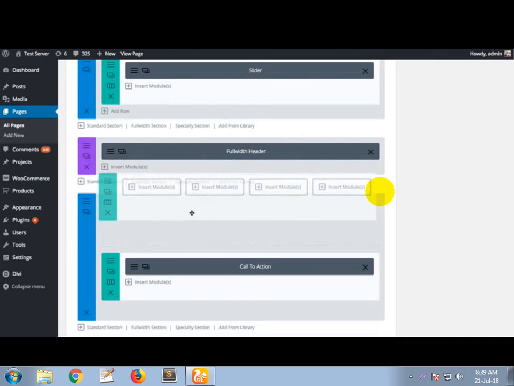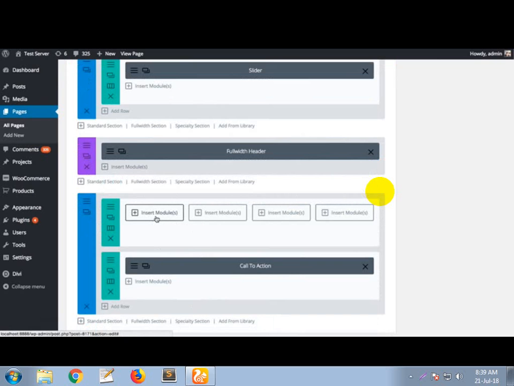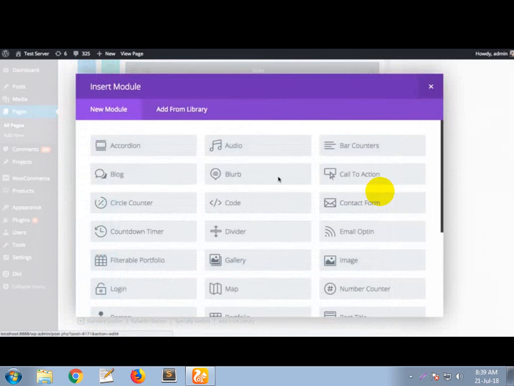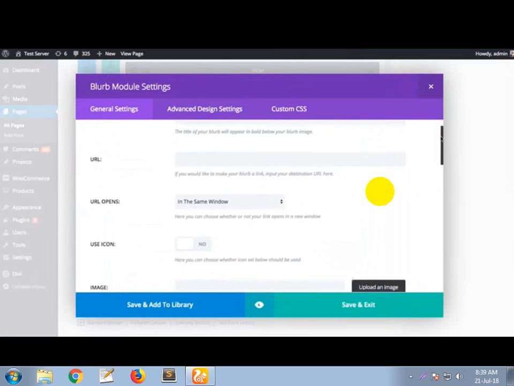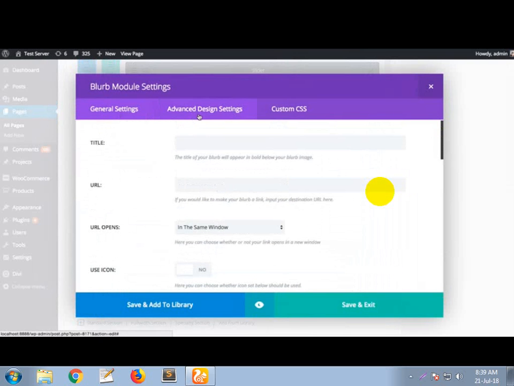I'm going to drag this row up, and I'm going to click the Insert Modules button here to insert my first blurb. So I'm going to locate the blurb module, and this will open up the blurb module settings. You'll notice General Settings, Advanced Design Settings, and Custom CSS. As a general philosophy, everything you need to configure the module and create a great blurb module is located here